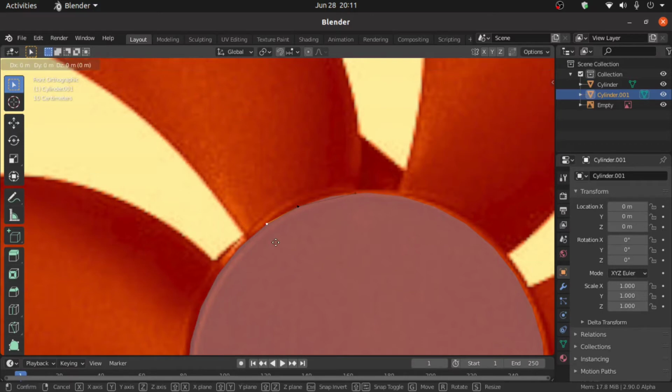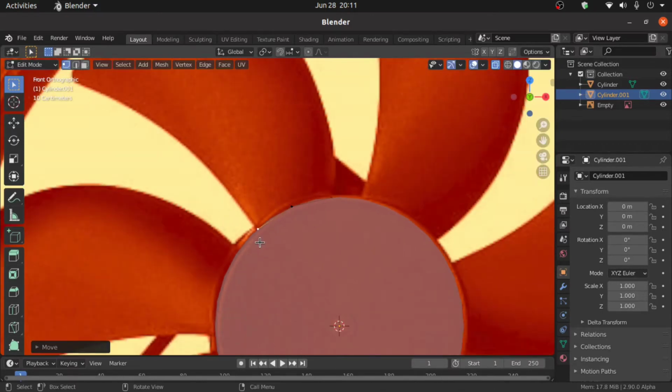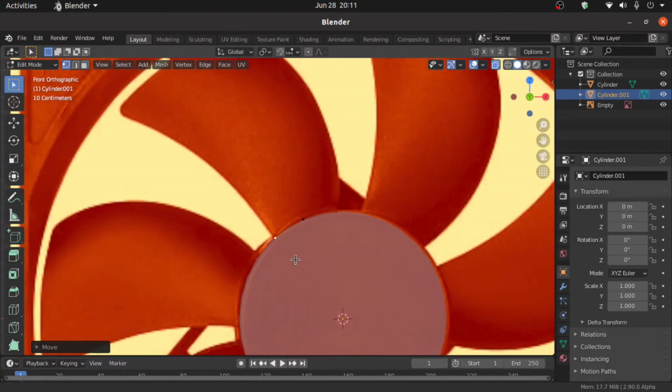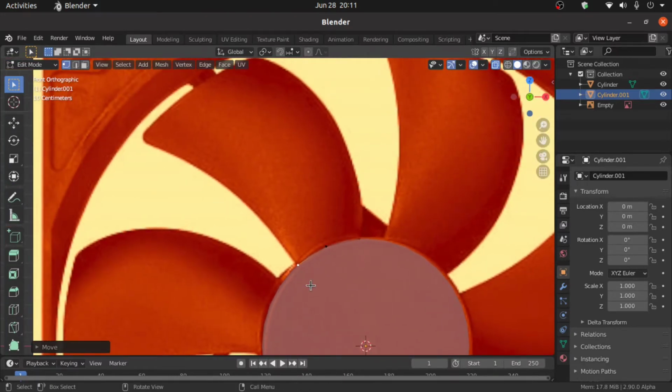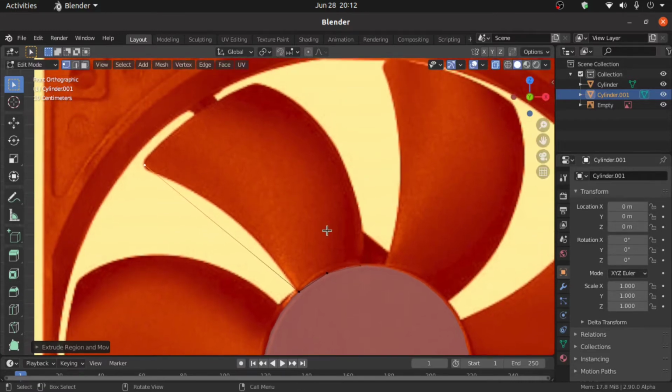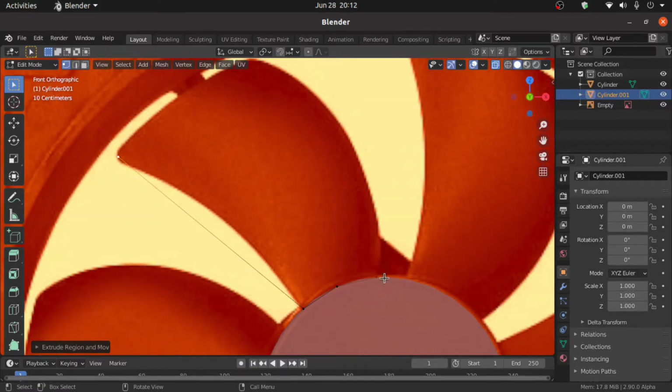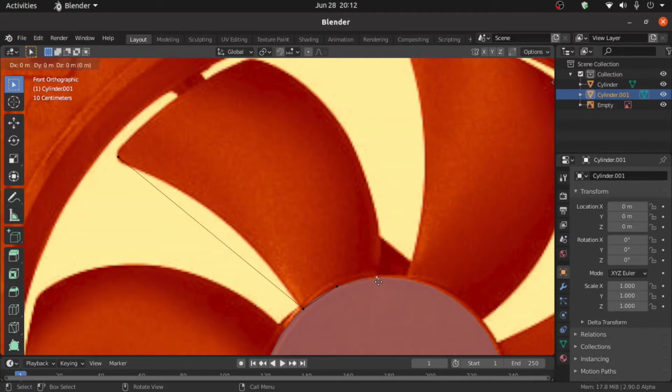So also press G and move like this. Then press E to extrude and extrude this vertex till this point. Also select this vertex, then extrude like this.